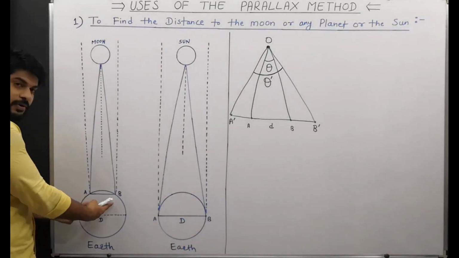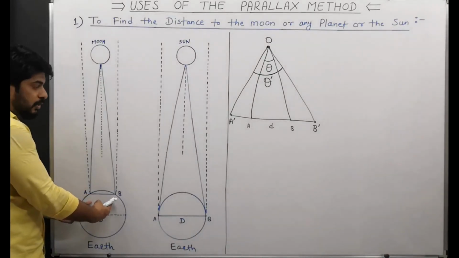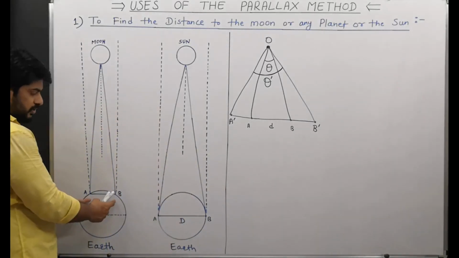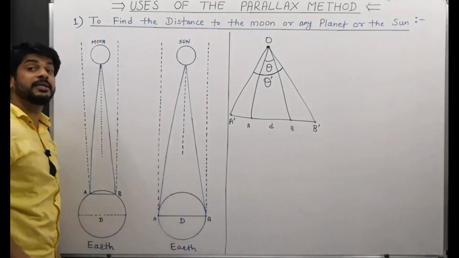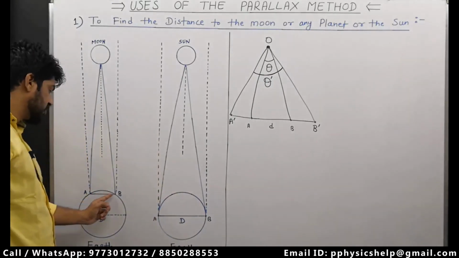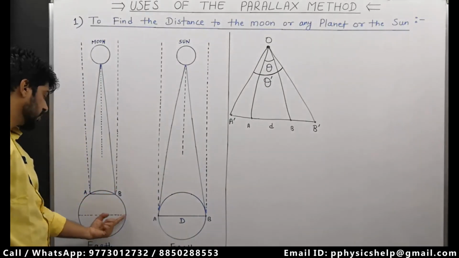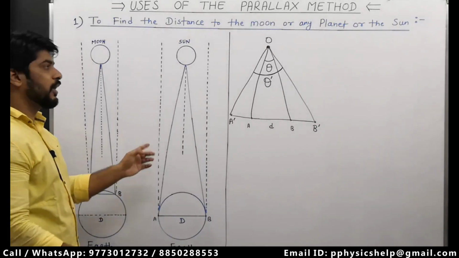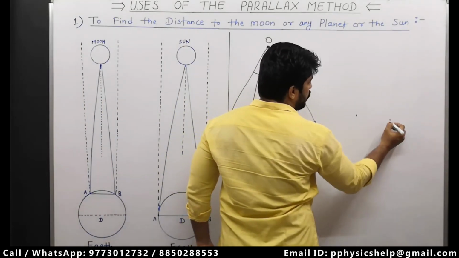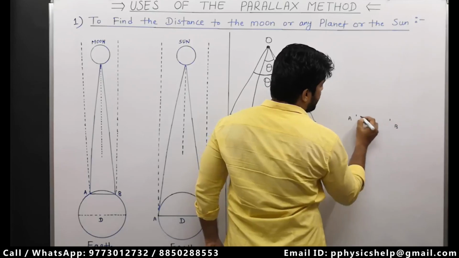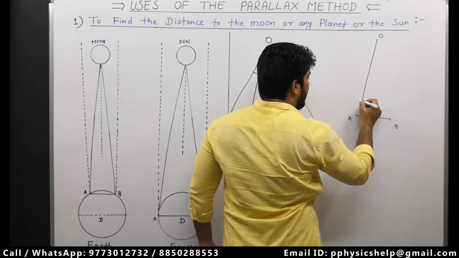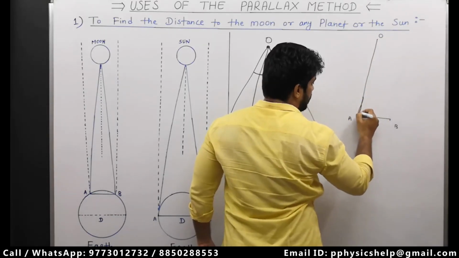So for the moon, this is workable somehow, but for planets or the sun, this is not workable. You have to choose diametrically opposite points. For the moon, this would also work, but for planets and the sun, this is not going to work. I will give you one example. See here, suppose these are the 2 points of observation, A and B, at a certain distance, and this is our object. Now you can see what angle it makes over here, something like this.